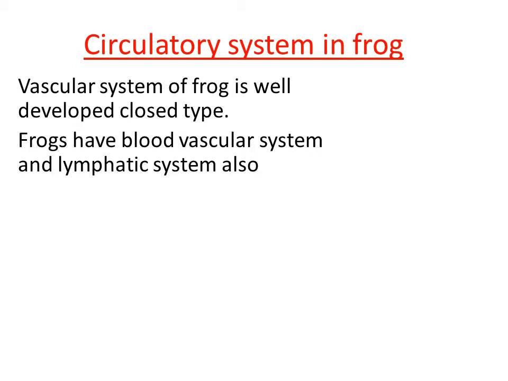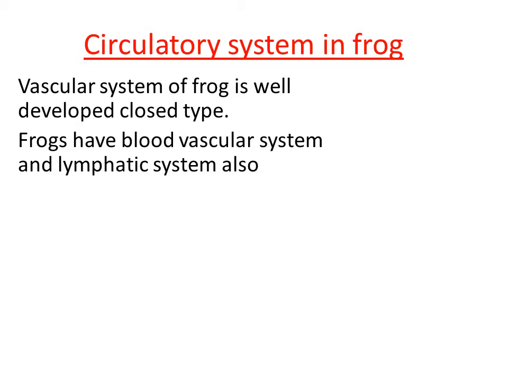Understood? So blood, we know, is red in color. The main function of blood is it circulates, that means it carries oxygen to each and every corner of the body. Then also it circulates some of the nutrients to different parts of the body. Then what is the function of the lymphatic system? So the lymphatic system circulates lymph towards different parts of the body.